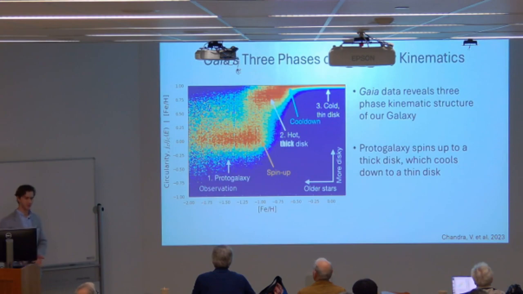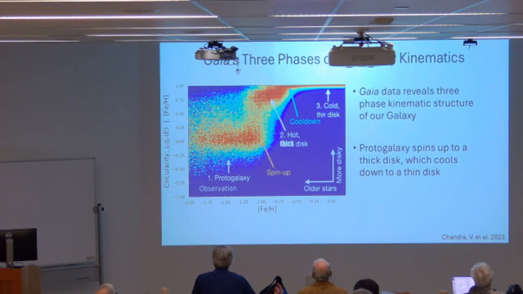So, as was introduced yesterday by Vadim and also James just now, Gaia data has been used to reveal the kinematic structure of the Milky Way. Thank you to Vedant at Harvard for providing me with this data. So just to recap, this plots the circularity of stellar orbits versus their iron to hydrogen ratios. And a JZ by JC closer to 1 indicates the buildup of more aligned angular momentum, or more disky. At the upper end, Fe/H is a rough proxy for stellar formation time. And so you see over time the stars become more